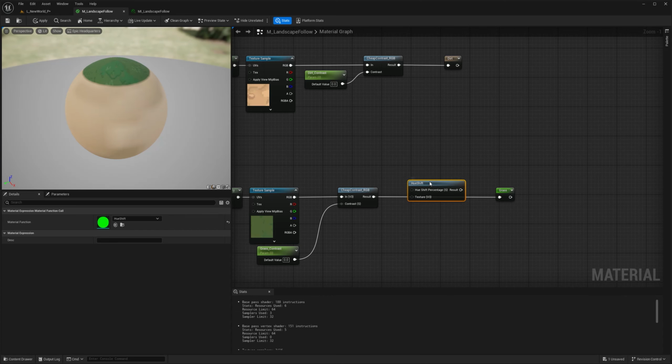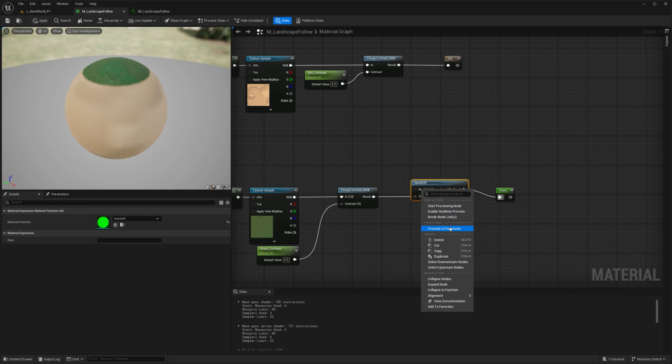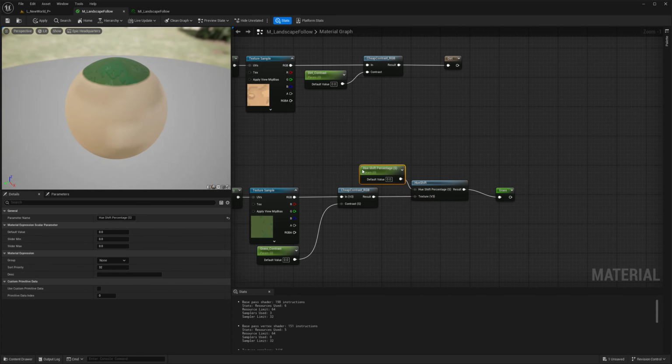And hue shift, as you can guess, works the same way as a Photoshop node. So you just need to connect your texture here, which in this case is this, because we're doing texture operations here. If I hover it, it tells me that the default value is 0. So I can just promote parameter. And we can just call it grass underscore hue.